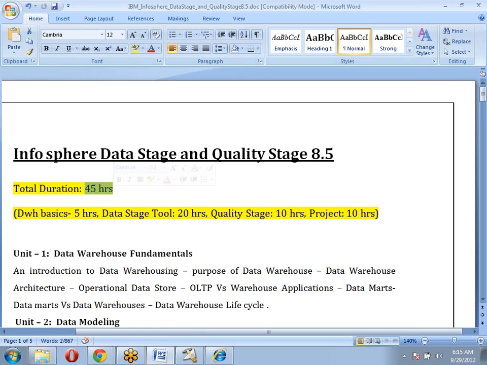Right, we are going to handle complex jobs also, but in a batch there are some people who are completely new to data warehousing, and we need to focus on them as well. If I discuss only complex things at first, they are not able to understand. That's why in the initial days we are going to cover simple jobs, because they need to pick up, being completely new to data warehouse and DataStage too. And in advanced classes we'll also discuss complex jobs, and even a project. I'm going to completely show what project we already worked on in one company.